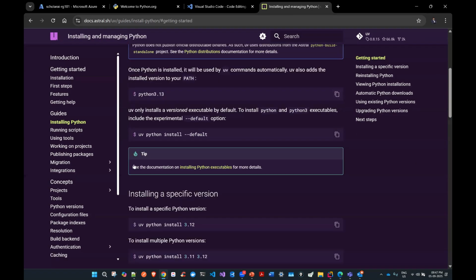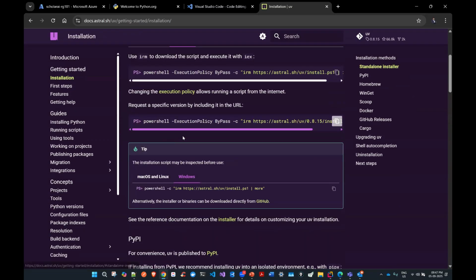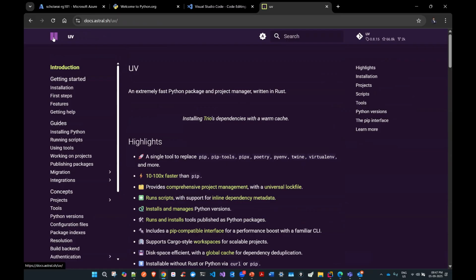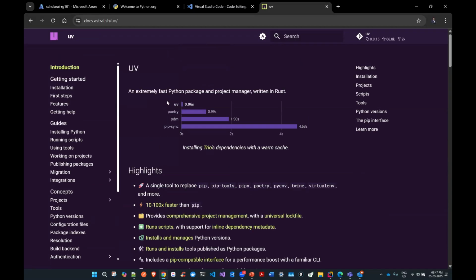To set up UV, we have a PowerShell script command for the Windows platform. This is a command you need to just copy and run on your local machine. UV is 10 to 100 times faster than a typical pip package manager. As in JavaScript we have npm, for .NET we have NuGet, for Java we have Maven, and for Python we have pip. But pip performance is not better. It takes time when we are downloading and building things. So what is the fastest one? The fastest one is UV.